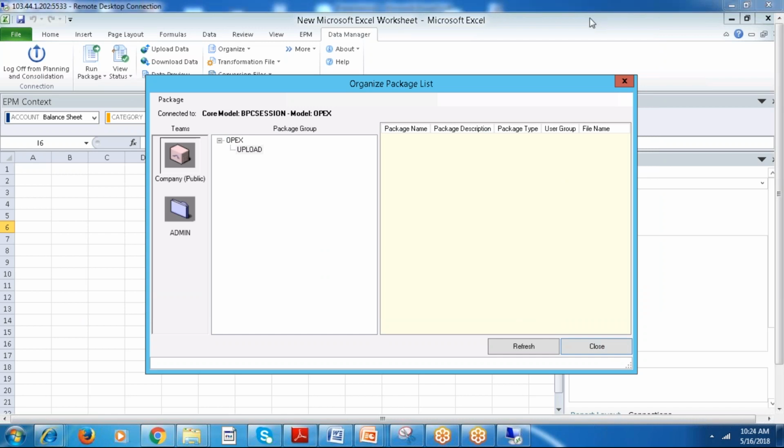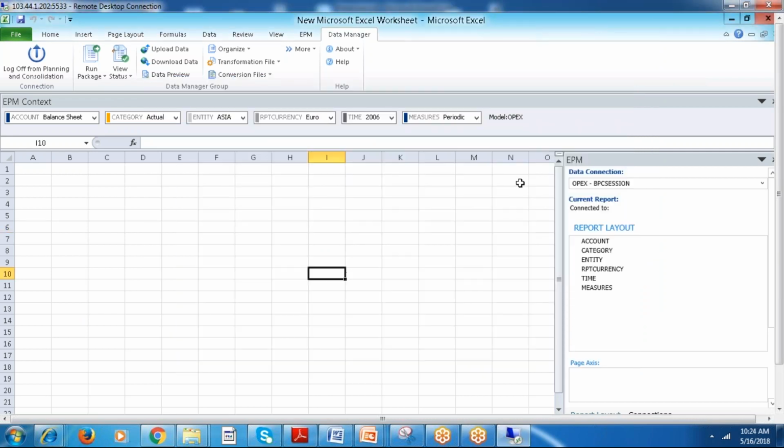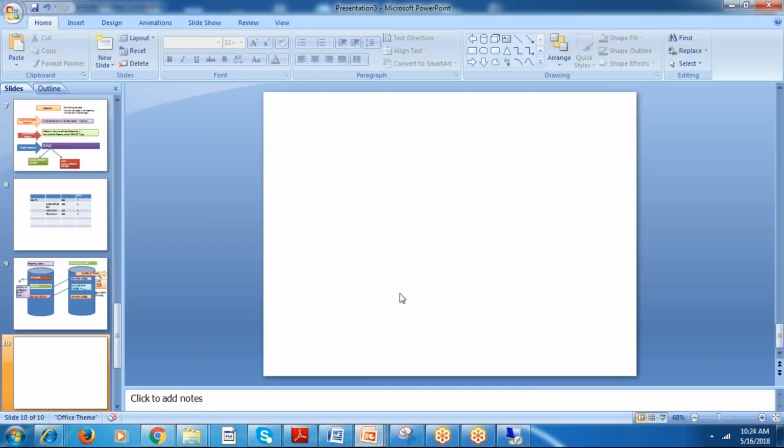So tomorrow what we'll do is create a flat file. I will bring the master data.